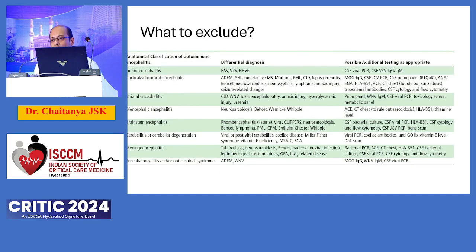So what to exclude again? As I said, all these differentials. Somebody presenting with limbic encephalitis, you might be dealing with a viral encephalitis, or somebody coming with a subcortical or cortical encephalitis where your EEG is not showing much. These patients might have something like an evolving lymphoma, or they can have some demyelinating disease, or your MRI is only showing post-seizure sequelae. If you're dealing with brainstem encephalitis, you might be dealing with Bickerstaff's encephalitis, or you could be dealing with ODS. So all these things should be in your mind when you're evaluating, and the tests or evaluation you do should have all your differentials in mind.